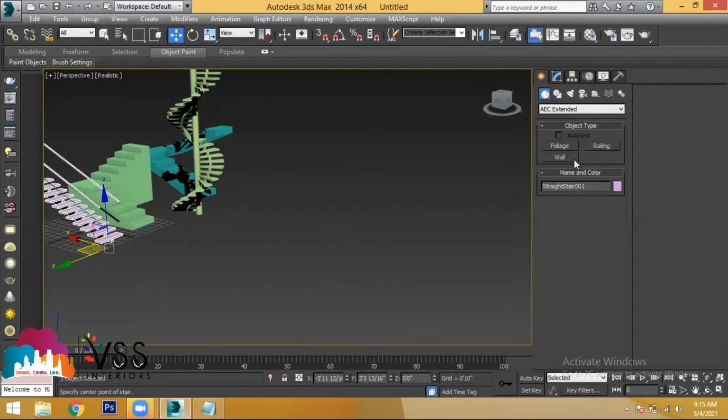wall. So let us leave about this wall and foliage. We'll discuss about these tools later on. Let us talk about how to create a railing and how to provide modifications for this railing. What are the modifications that are provided? See, whatever you modify, whatever the option you want to modify for a tool, what you have to do first, you have to create that model on the screen.